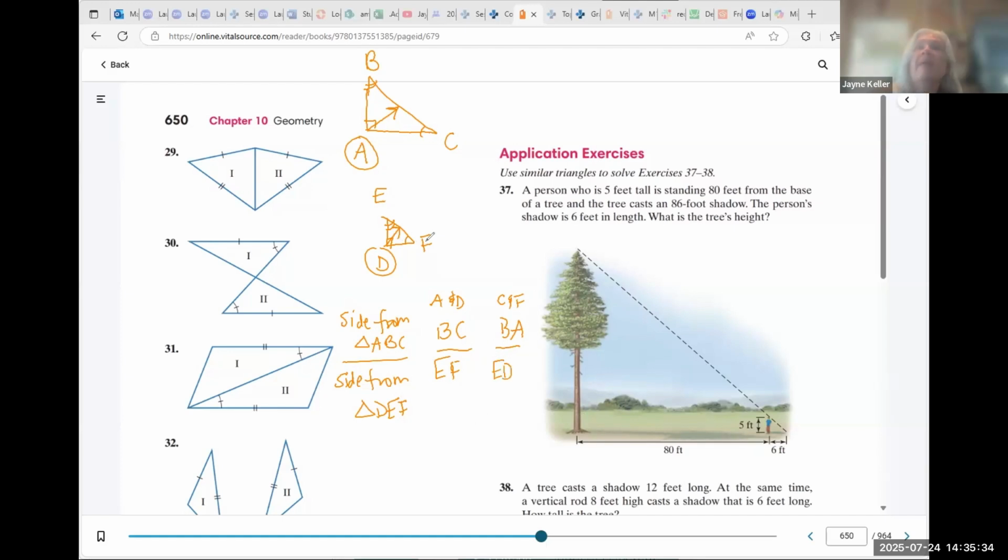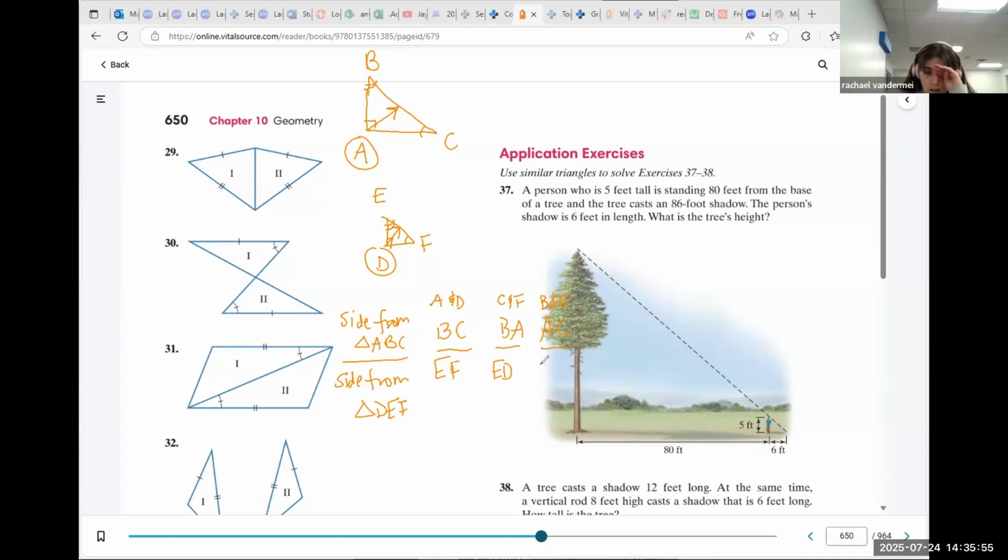Okay. And then what's left are angles B and E. In this triangle, what's opposite angle B? AC. And then what about here? Opposite angle E,